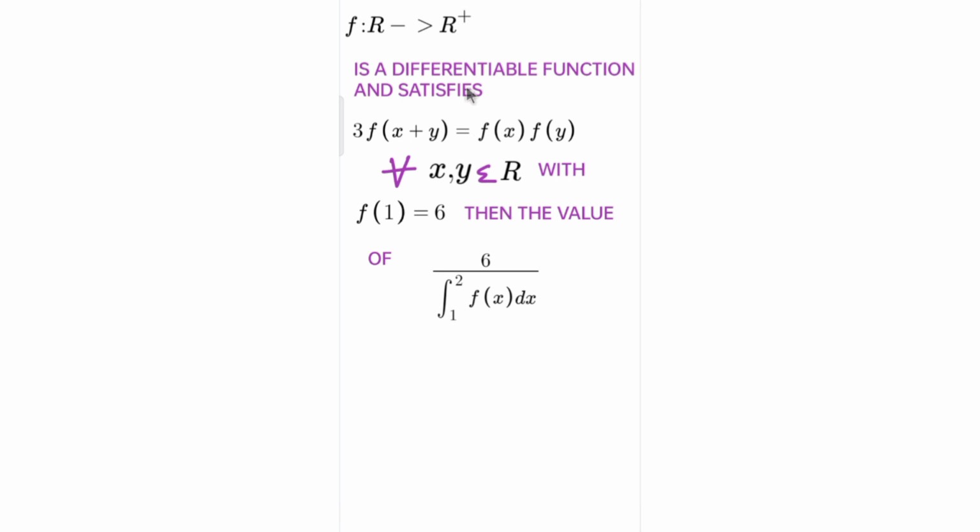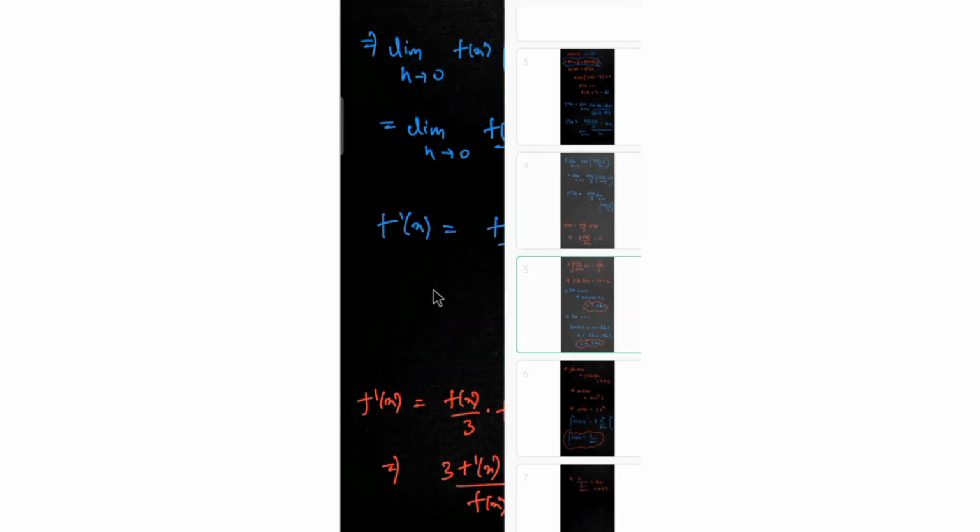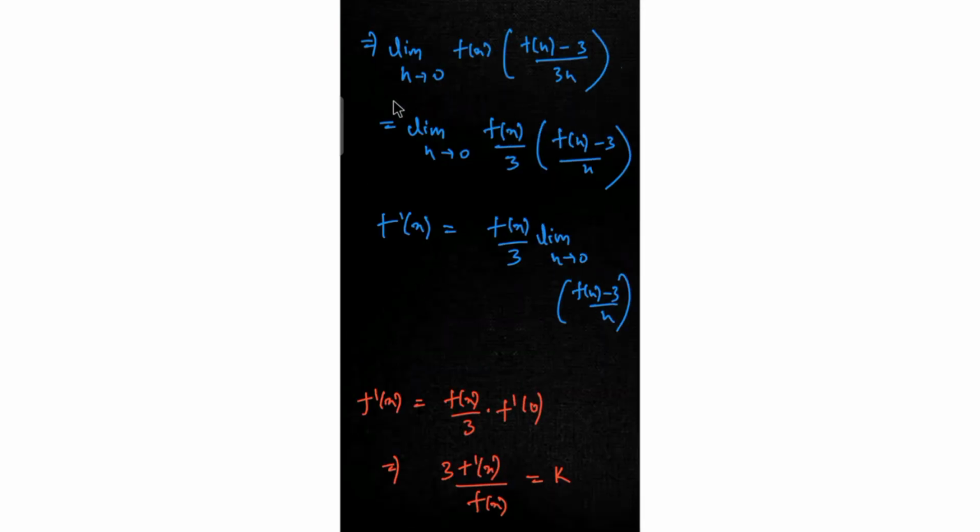So this is how you deal with this problem. Basically the idea behind this is, when a functional equation is given to us, we must use the fact that it is given in the question directly that it's a differentiable function. So using the first rule of differentiability, we need to proceed in that way. And then the second logic lies in transforming the limit, so you need to get the idea that it's basically f dash of 0, and then integrating it. That's the third idea that you need to get.